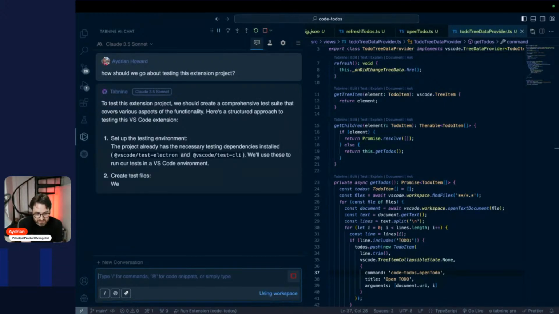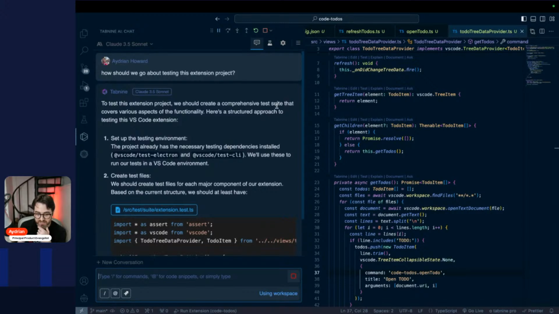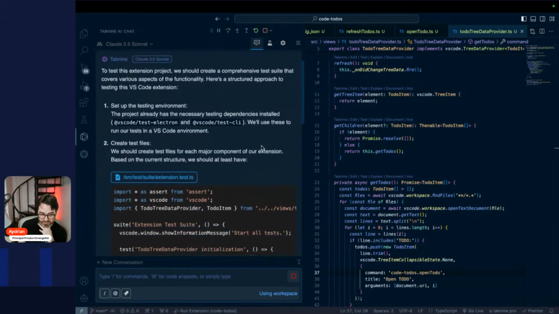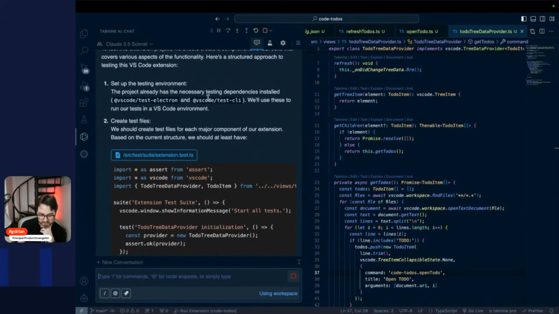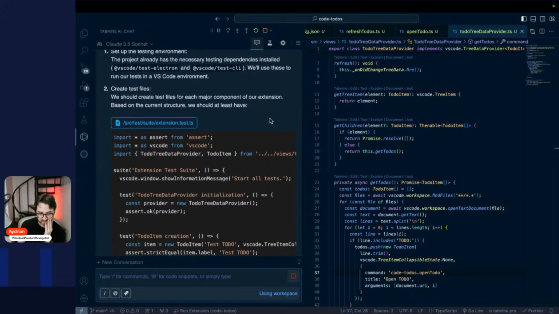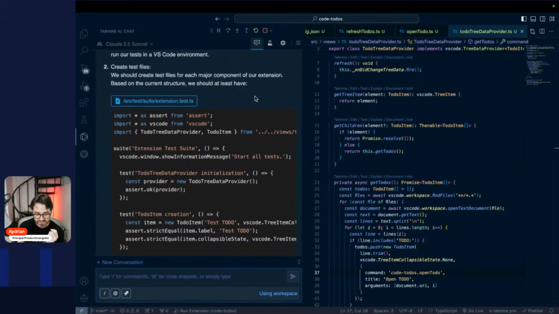To test this extension project, we should create a comprehensive test suite that covers various aspects of the functionality. Here's a structured approach to testing this VS Code extension. Set up the testing environment. The project already has the necessary testing dependencies installed, so VS Code Test Electron and VS Code Test CLI. We'll use these to run our tests in a VS Code environment. Create test files. We should create test files for each major component of our extension. Based on the current structure, we should at least have